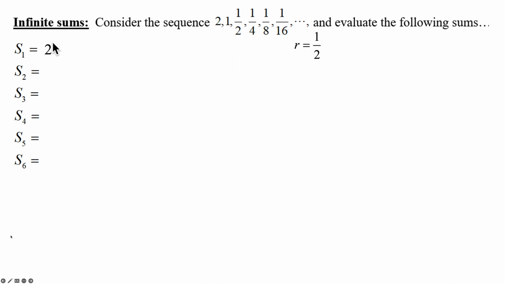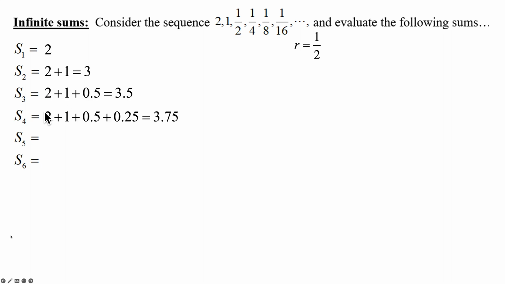So here is the sum of the first term. Sum of 2 terms, 2 plus 1 is 3. Then 2 plus 1 plus 1/2, changing this to a decimal, is 0.5. For 4 terms, my 1/4 is now 0.25. That's 3.75, and hopefully you can see now,